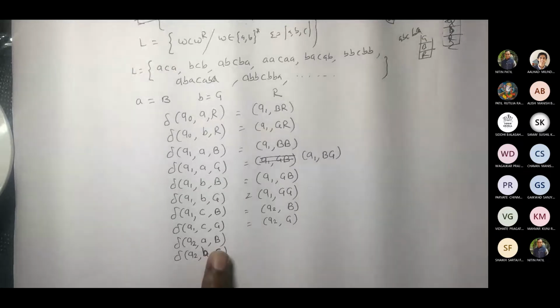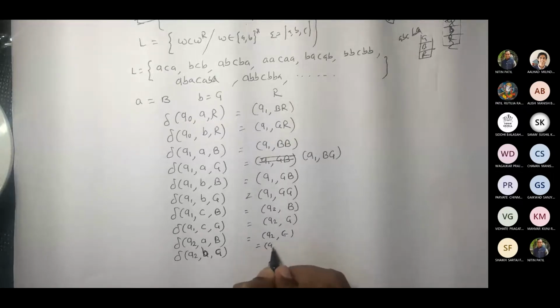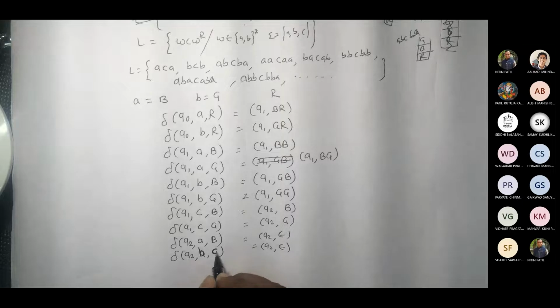So if I get A, then at the top it should be B. If I get B, then at the top it should be G. So simple thing. Because we have to pop after C, correct? Now you will never get Q2 B B. So if you get it, that means the string is wrong. We'll try it. Okay, this is G by the way.